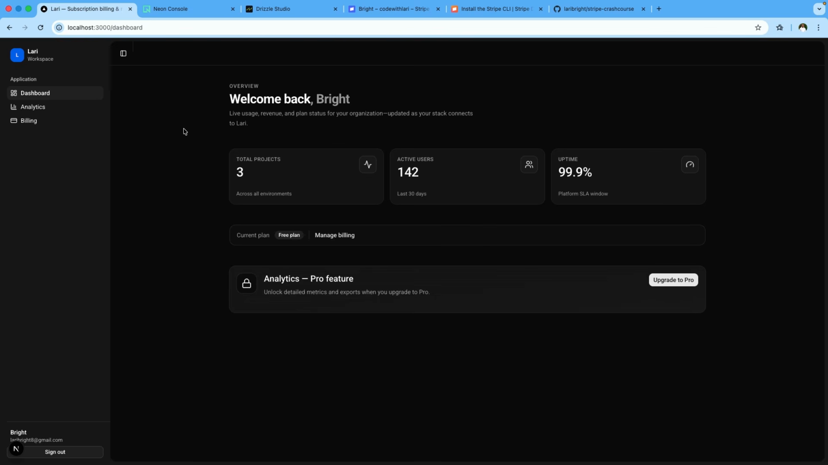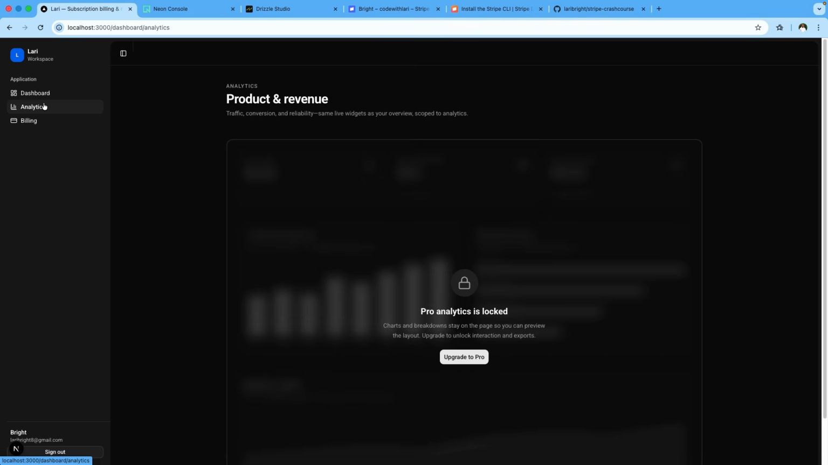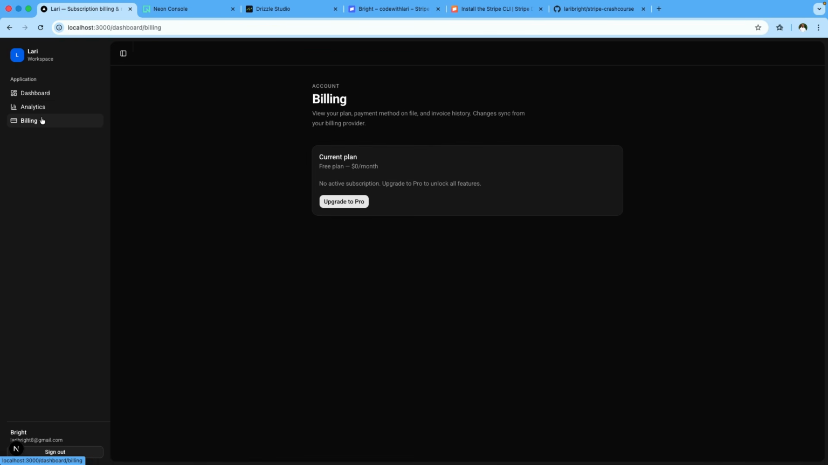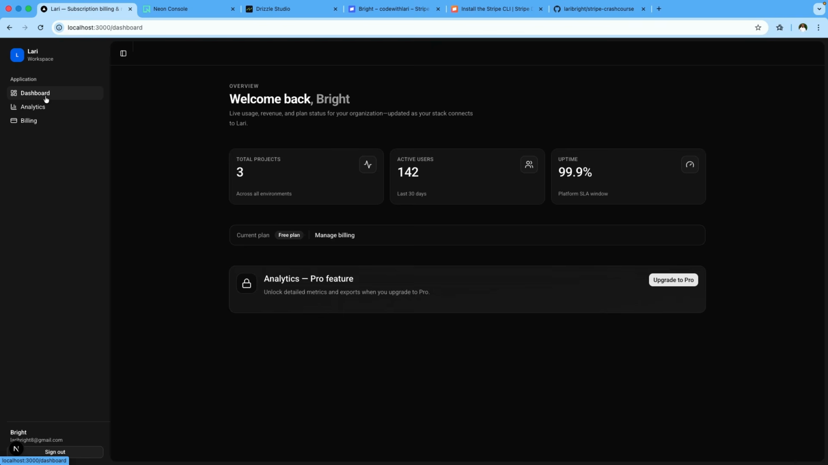Welcome to this Stripe crash course where we are going to be taking a look at how we can integrate payments and subscriptions into a real Next.js application from scratch. Now, if you've ever tried to implement Stripe in a project before, you're going to know that there's a lot that goes on under the hood. So things like webhooks, subscription lifecycle events, feature gating, billing portals, and that's exactly what we are going to cover